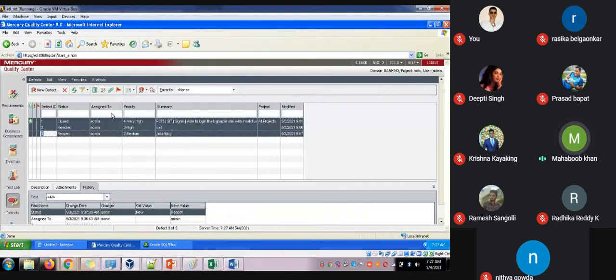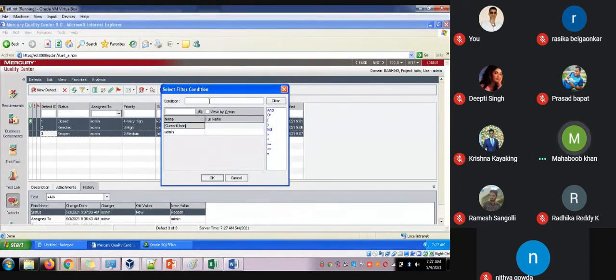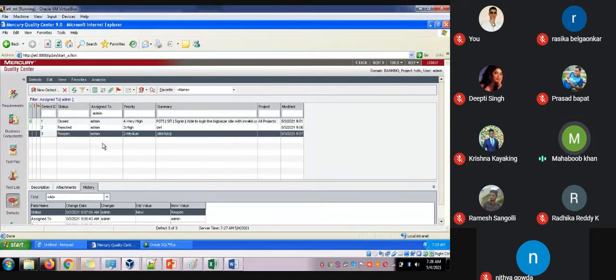When it is modified, we can pull everything. If I want to know filter-wise for your name, you can do the same thing here with the filter, if you want to know how many defects you have raised and what the status is for them. Imagine you want your admin name. This is a condition, right? Admin, search your name, and there is a search button given here. Select this, and it will get all the defects under your name and the status of each one.